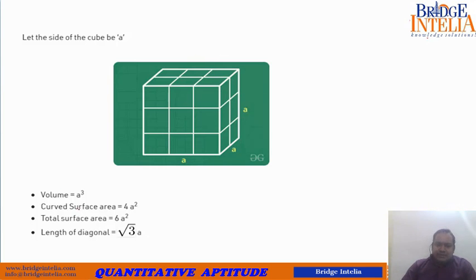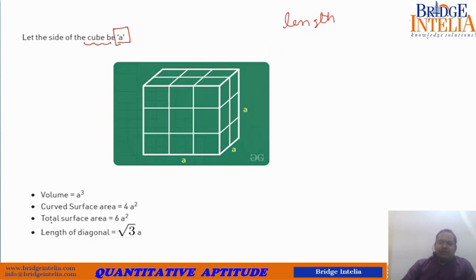So you must be aware of all these formulas. Volume of a cube is equal to a cube. If the length of one side of a cube is assumed to be a, then all the formulas are given in terms of a. So if the side of a cube is known, everything about that cube can be known. The only crucial fact about the cube is its length. There is nothing else to be known about that cube. If you know the length of a cube, you know its volume, its surface area, and all its other associated parameters.